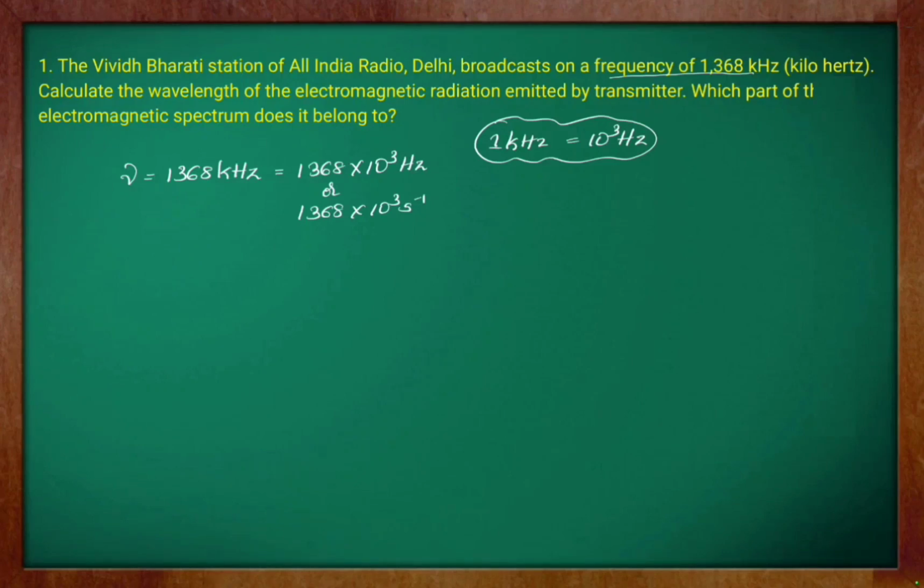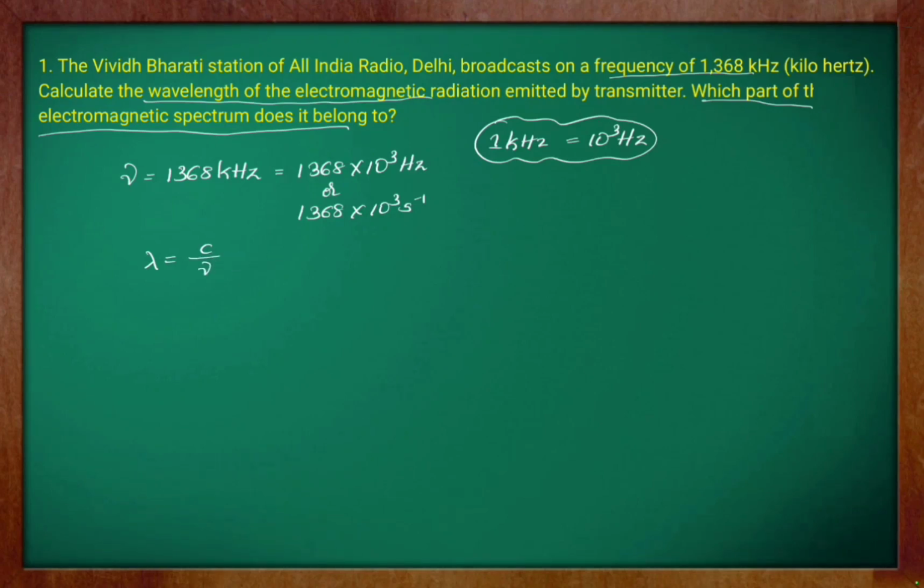They have asked us to identify which part of the electromagnetic spectrum it belongs to after calculating the wavelength of the electromagnetic radiation. In order to find the wavelength, we have the formula lambda is equal to c divided by nu,